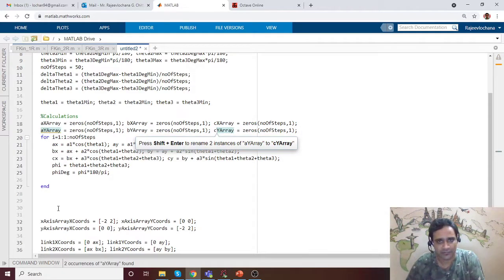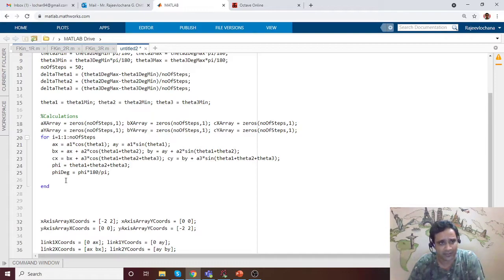Please don't get overwhelmed or confused. We'll review again once we do the animation, and you'll understand why we have done that. Similarly, if you want an array to hold phi and phi degree, you can also do that, but I don't want to confuse too much.